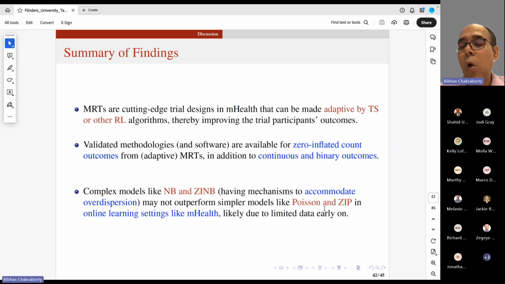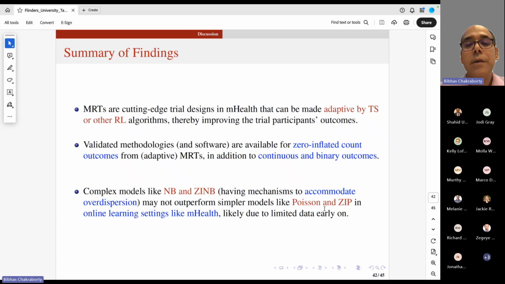So these are online learning settings, as opposed to whatever we have been doing traditionally in classical statistics. We already have a study complete, and then we are trying to learn from the data. So that's offline learning. Whereas this is online learning. We have to learn as we go.